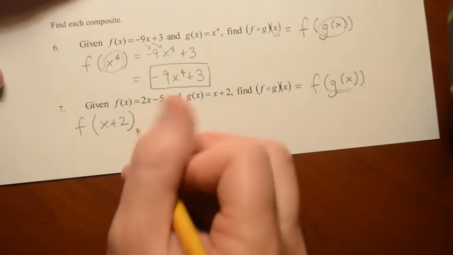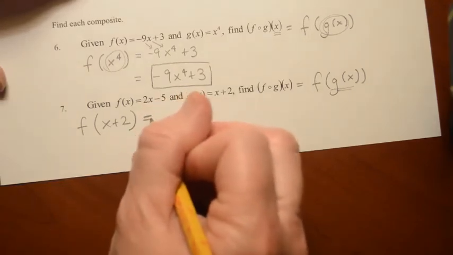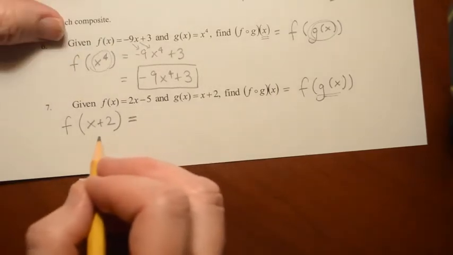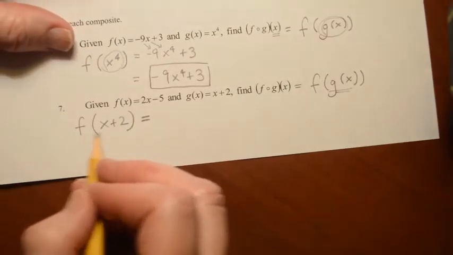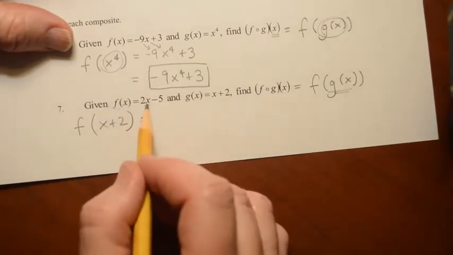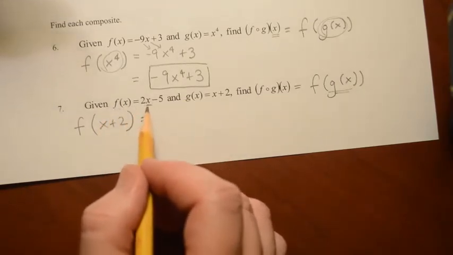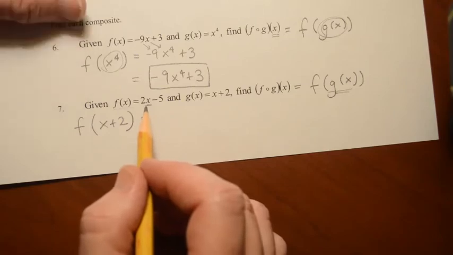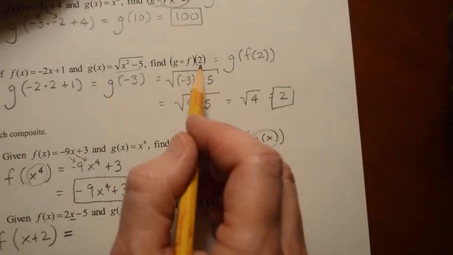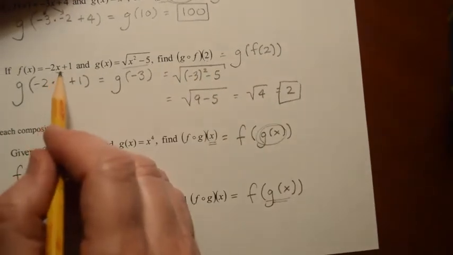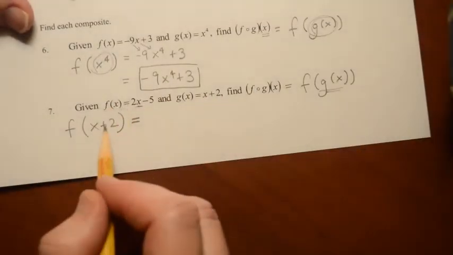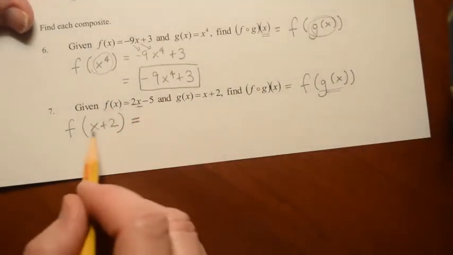Things get a little bit weird here, and until you're used to it, I think it does feel kind of weird to be doing this. But now it's telling us to take and replace every x that's in our function f. So right here, that's just kind of acting as a placeholder until we tell it what to fill it in with. So again, up here, it was acting as a placeholder for the number 2. So it's just saying everywhere you see an x, I want you to replace it with a 2. But now what it's saying is everywhere you see an x, I want you to replace it with an x